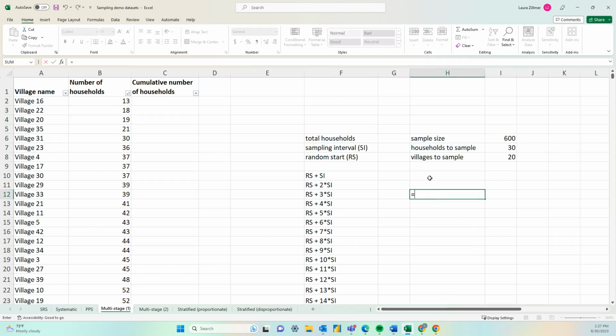Dividing this number by the total number of households in our sampling frame, which we saw on our other spreadsheet is 3,071, we see that these households account for about 2.3% of our total households. If the proportion is under 3%, like it is here, we can remove these villages without biasing our sample.